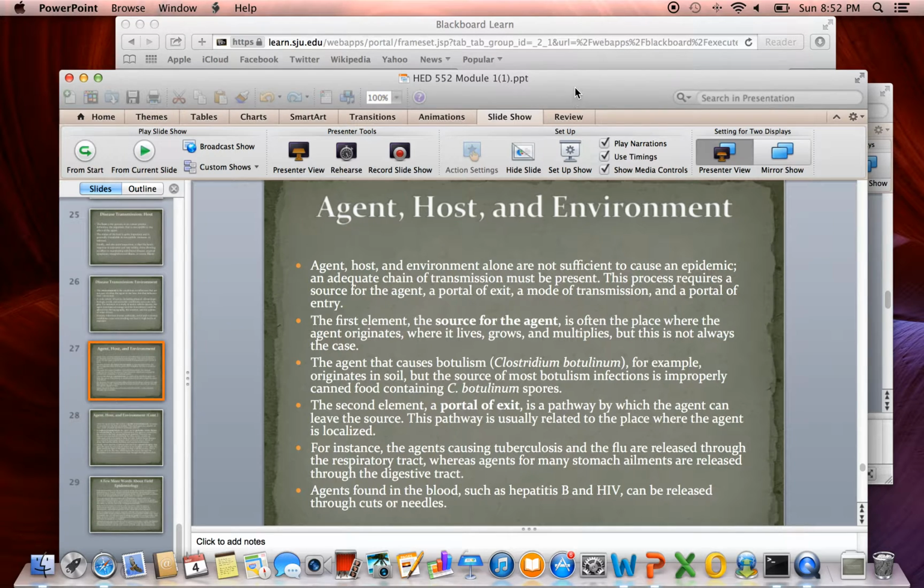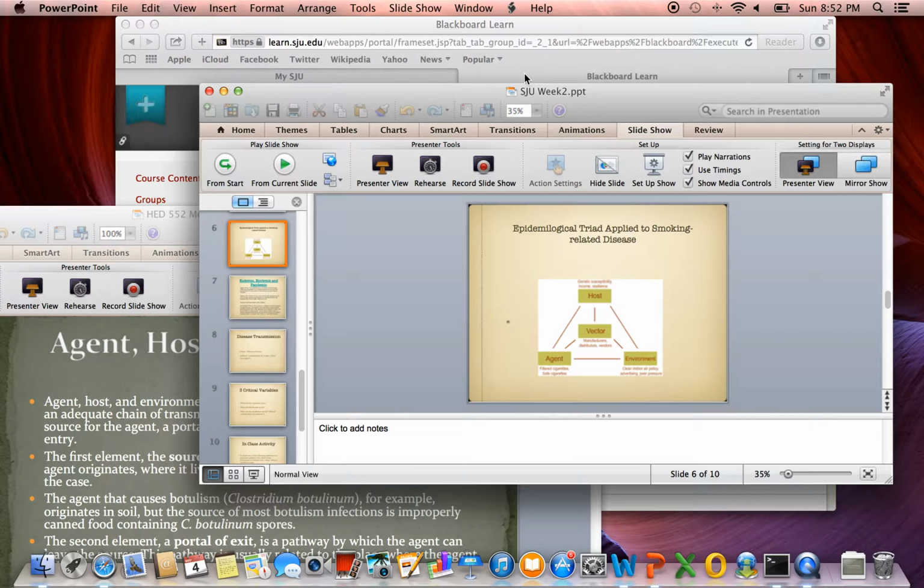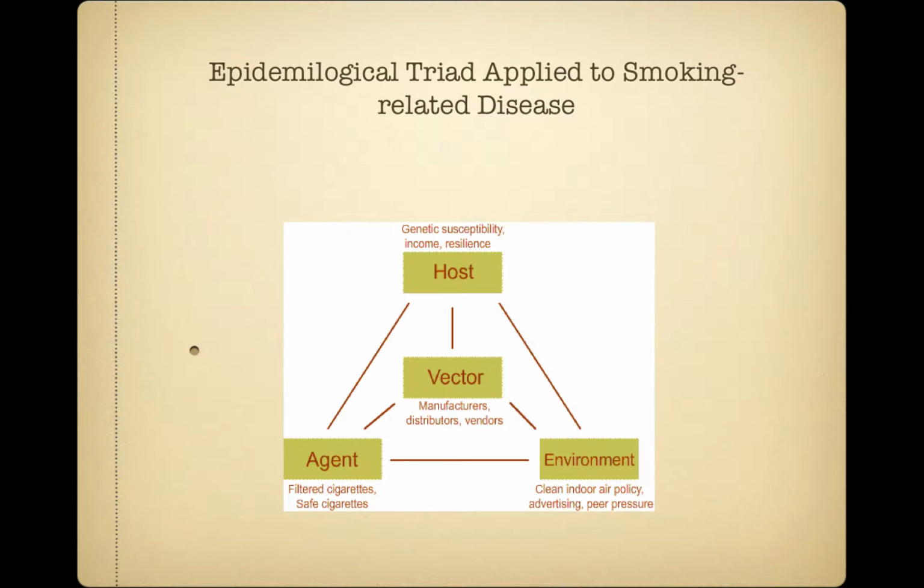Again, the vector is the delivery system. If we're talking about malaria, for example, the host is the human, and the agent is, I think, a parasite. Let's talk about the vector. The vector is the mosquito. The mosquito delivers the malaria into the humans. And the environment would be any environment that